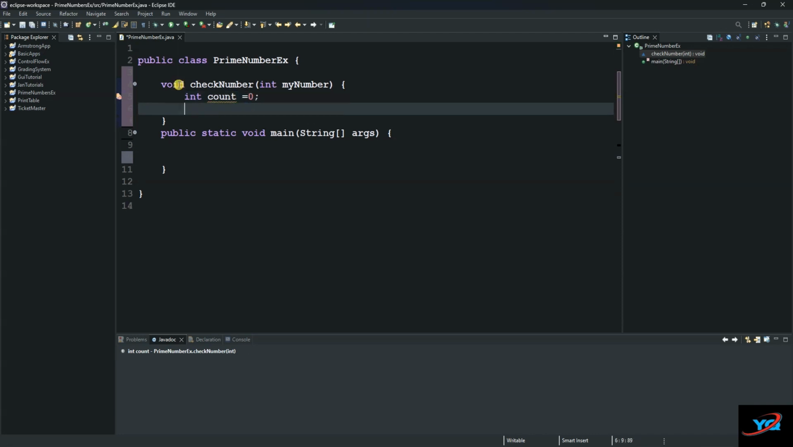And then from there we use a for loop to iterate through the numbers, and then we will be able to do a modulus based on each number, and then if it is 0, then we store the number in our counter variable. So let's start. We say int i equals 1, and then as long as i is less than myNumber,